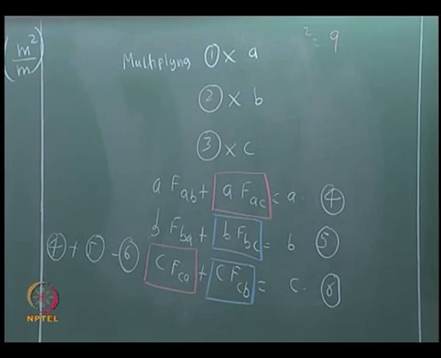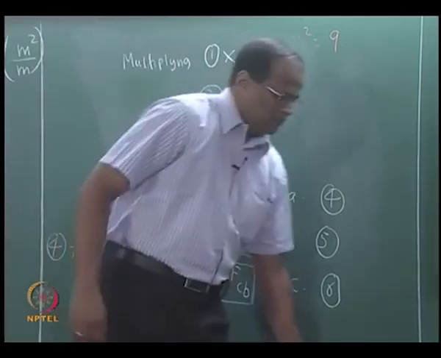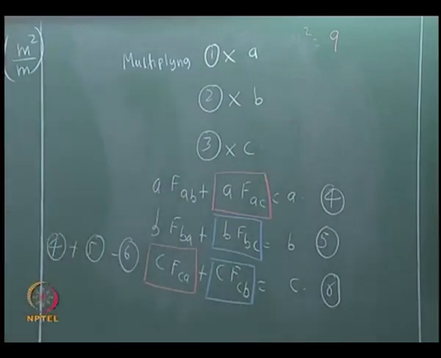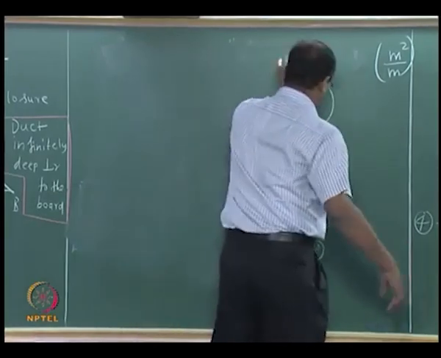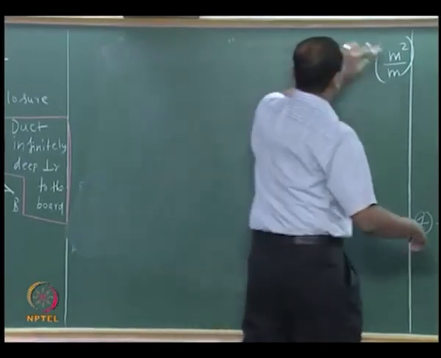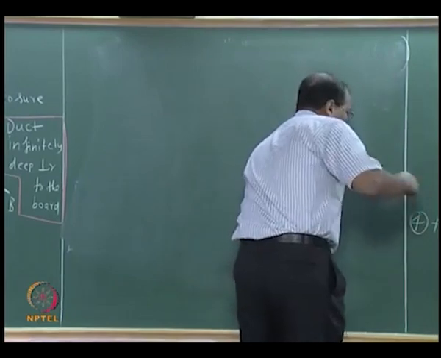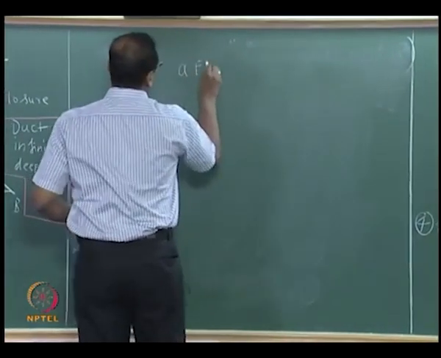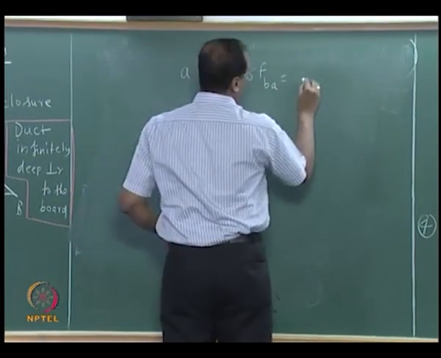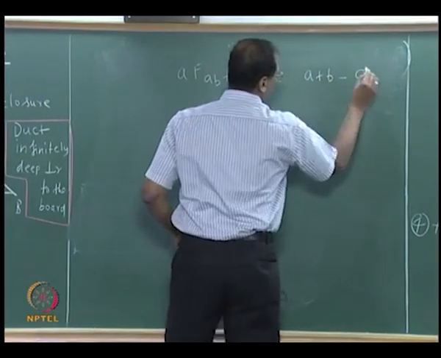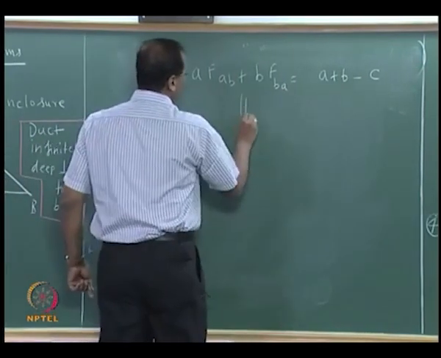Whatever is indicated in red color is the same, and we are subtracting one red from the other red. We are also subtracting one blue from the other blue, right? So what remains? Equation 7 is, do that, you get, so this is nothing but